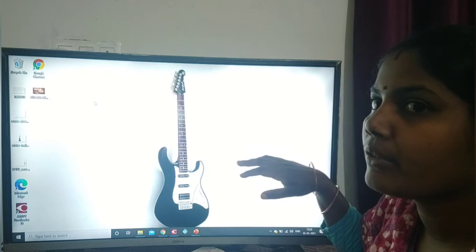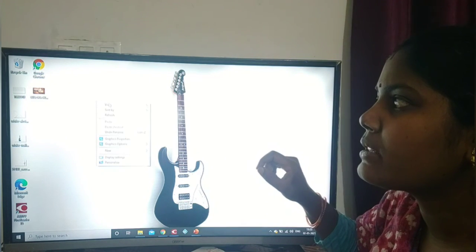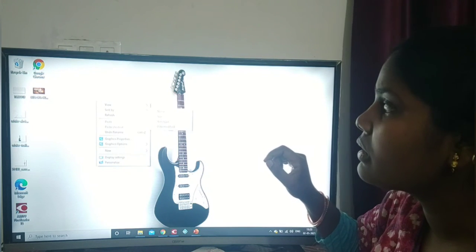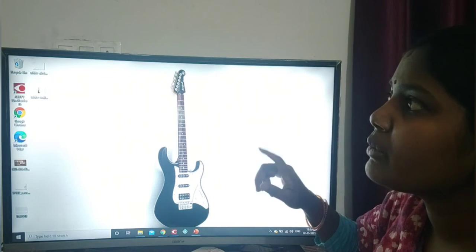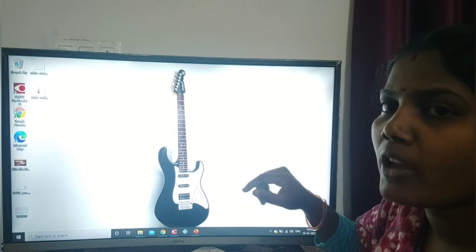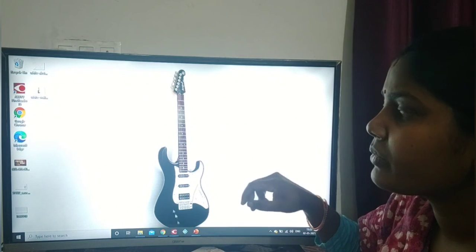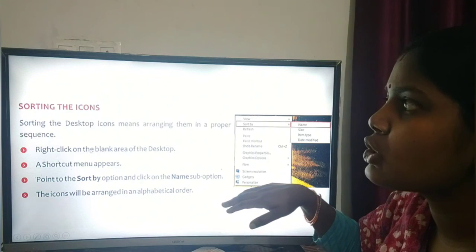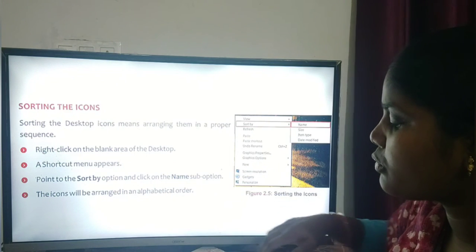In a practical way, first we right-click on the empty place, then select the Sort By option, then select the Name option. Then it will arrange name-wise or in alphabetical order. So this is sorting the icons. That is the method of how to do it.